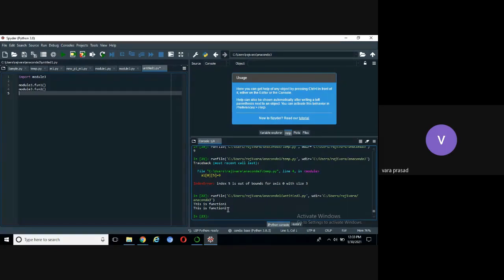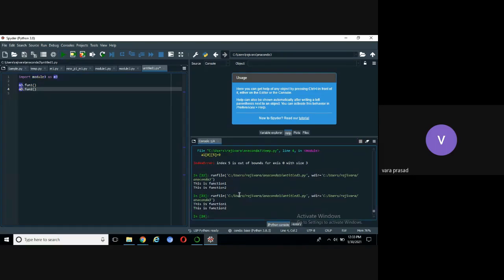We can import multiple modules. One more important point here. If you want to create a shortcut for the existing module, you can write import module3 as m3. So in this program, instead of using module3, we can directly use m3. Now run the program. The same output is there. This is how to assign a duplicate name for the given module.